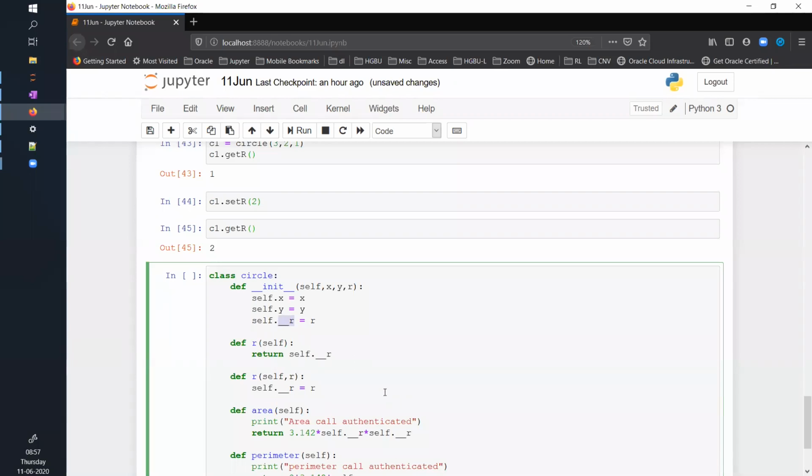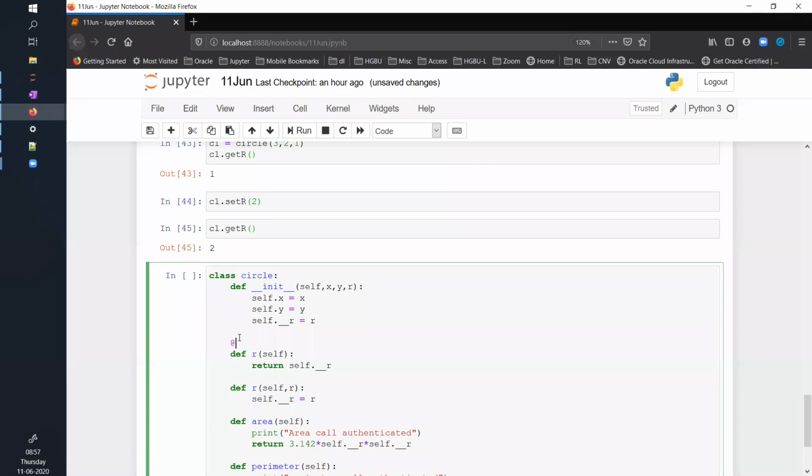That's all. Okay, self double underscore R, and then with the same attribute name, create two functions, one for getting the values and the other one for setting the values. For the getter, you write @property, and for the setter, you write @R.setter. In Python, these are called decorators.